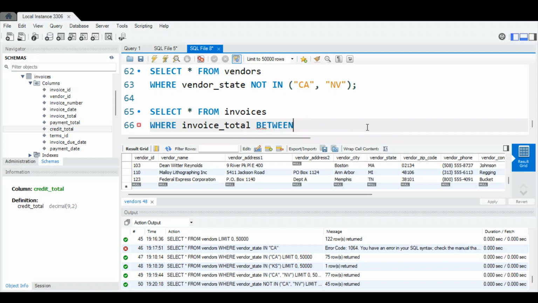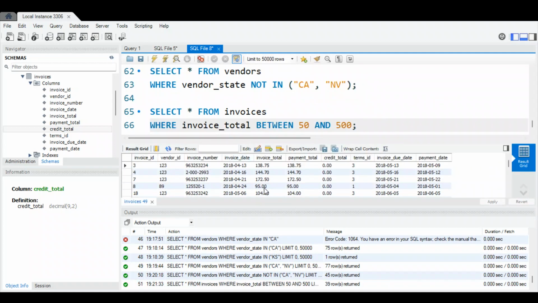between. And here it's going to be a numerical amount, right? So let's say I don't want the small fry. I don't want the people who owe us like $6 or whatever. So I want them to be at least $50, but then less than $500, let's say. So here's another operator, and so between 50 and 500,